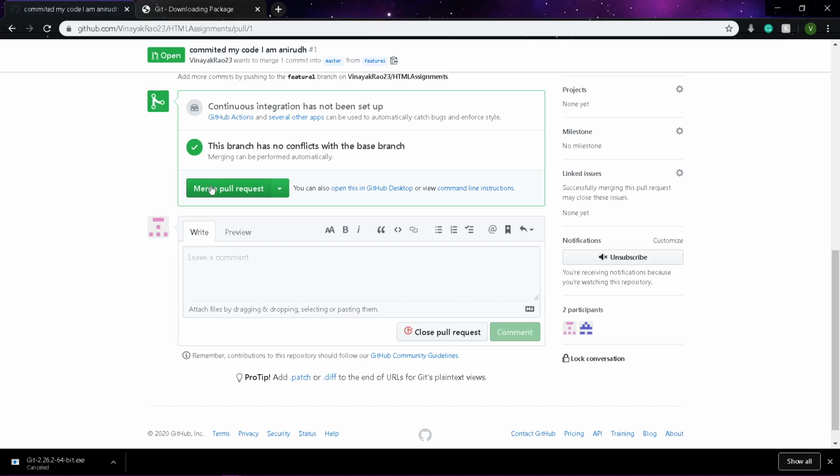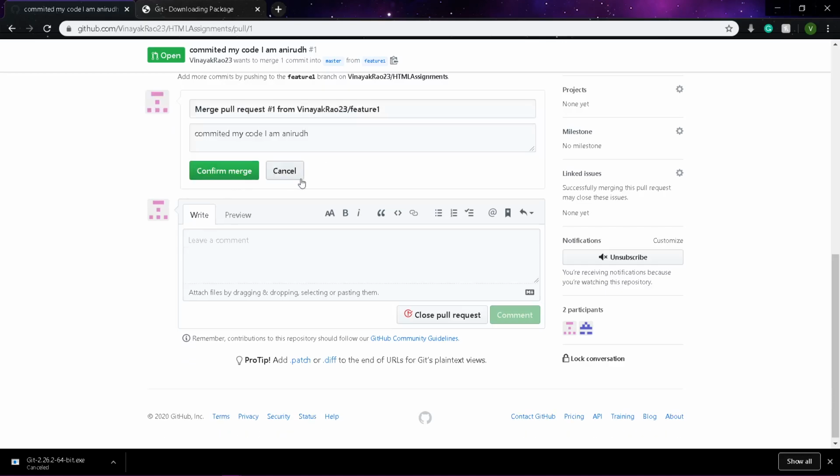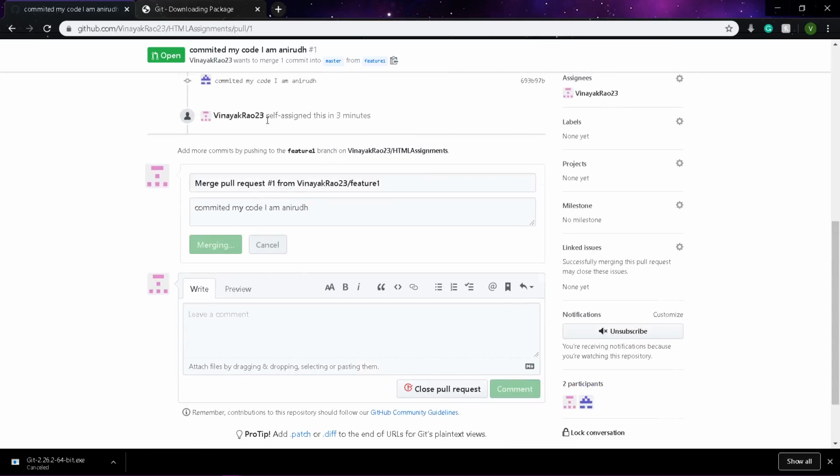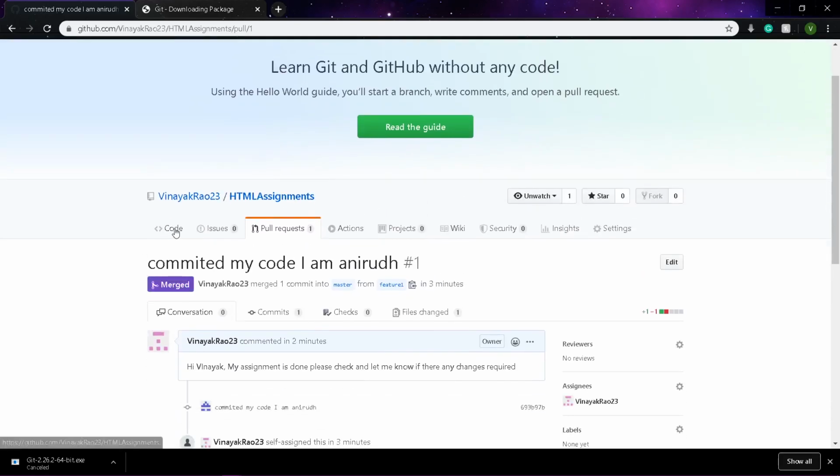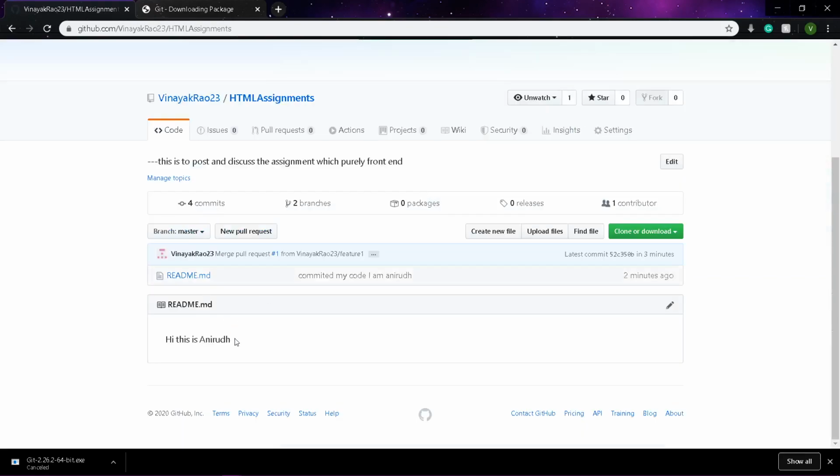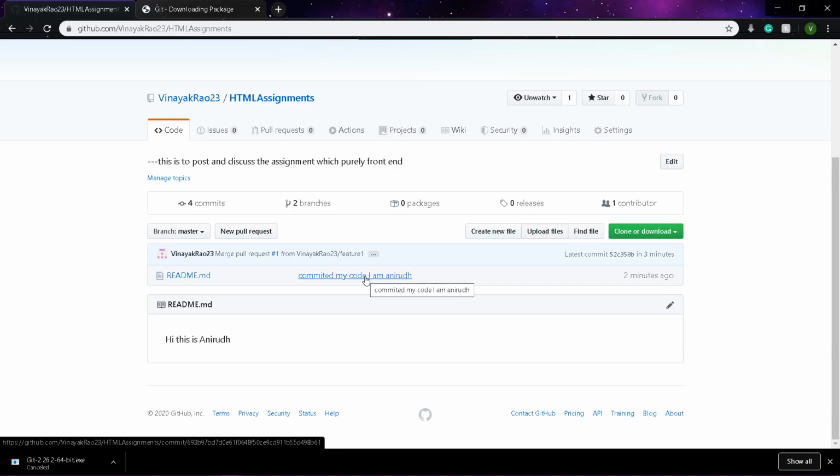It is created and assigned to myself, so that's why I'll be asked to merge. You will not get it, because I'm the owner of this repository, so I'll be getting this particular button. When I merge it and confirm the merge, and you get into the code again, the code has changed to Anirudh here. It is merged based on my knowledge, not merged by someone else. I know what I'm going to merge. This is how it will work.